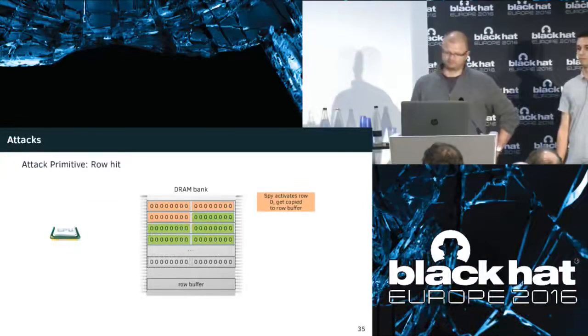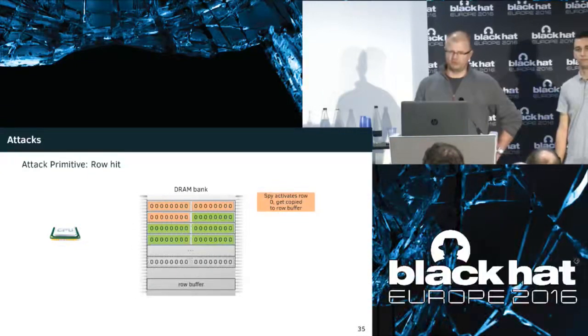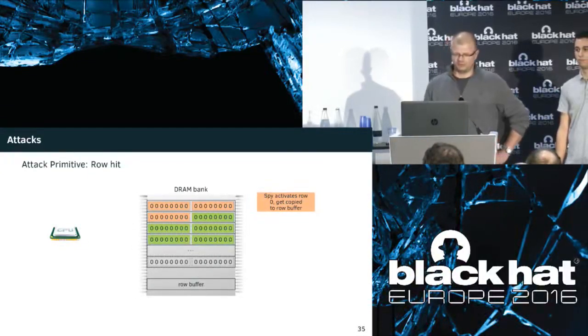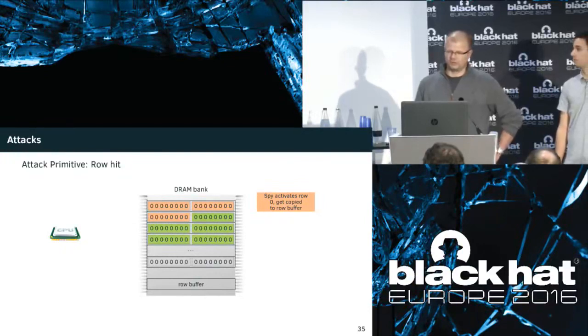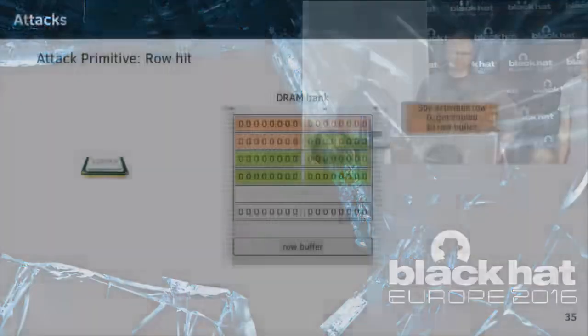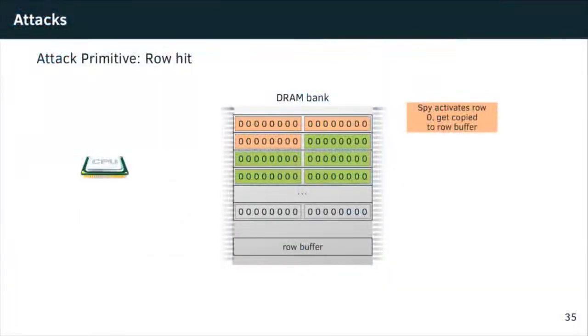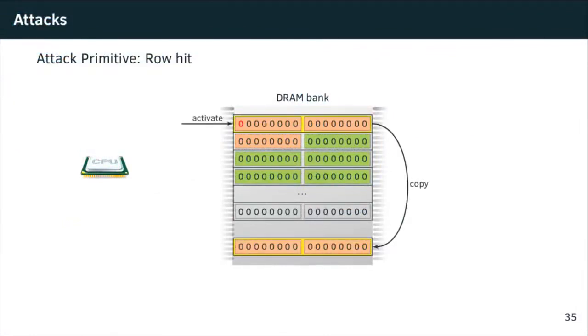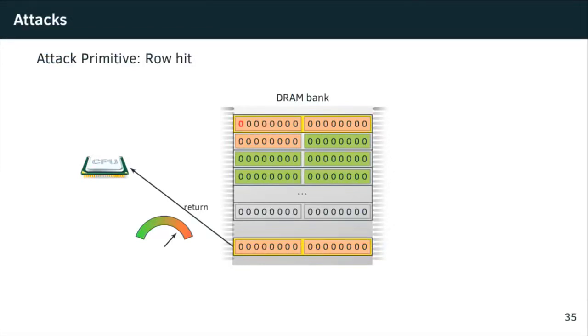So how does it work? Well, we established before that you can have shared rows. That is because the row is 8 kilobytes large and the page is 4 kilobytes large, and the operating system maps in pages. So how do we go about this? Well, we start out by the spy picking a random row which he's not really interested in, in this case row 0. And he accesses some data in it, and it gets copied to the row buffer, and the data gets returned from there. The spy doesn't really care about the data or the actual row, he just wants to know the state of the row buffer. In this case, he had established that the row buffer should be full with his own memory.